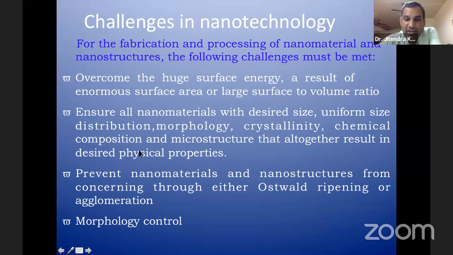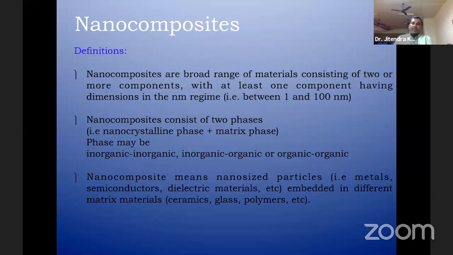So prevent nanomaterial and nanostructure from coarsening, either through Ostwald ripening or agglomeration, which will happen when you add the nanomaterials in any matrix. So how you can remove that particular agglomeration is a challenge in fabrication of your nanocomposite material. And how you can control the morphology of that particular material, because in each particle size, maybe some particles are random in nature or some particles are spherical in nature. So that is also a component, and